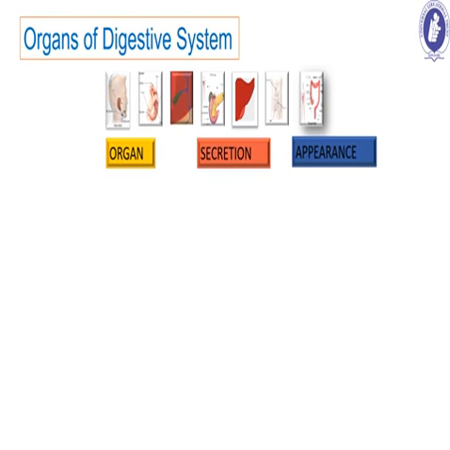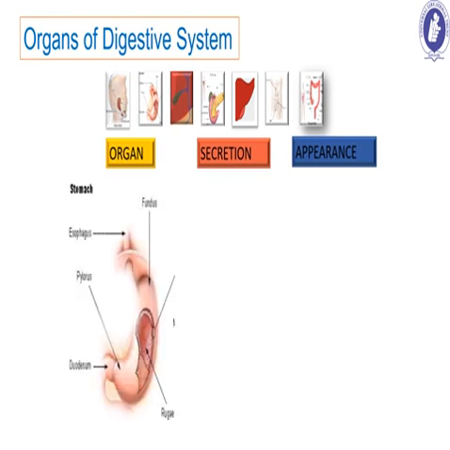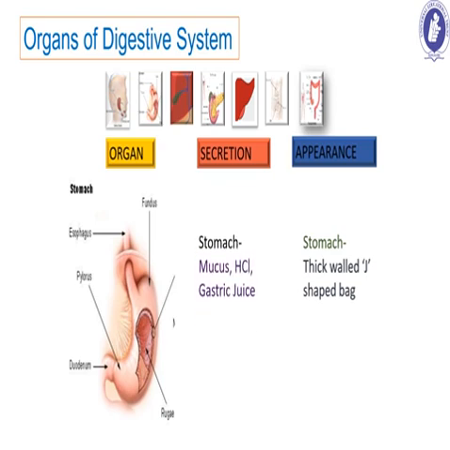Next, the digestion of food happens in the stomach. The stomach is a J-shaped muscular bag-like organ. It is made up of muscles. It can also contract and relax. The stomach produces digestive juices called mucus, hydrochloric acid, and gastric juice. This mucus acts as a lining for the stomach. It protects the stomach. If there is too much gastric production, this mucus acts as a protection.